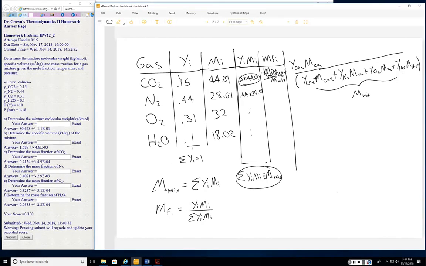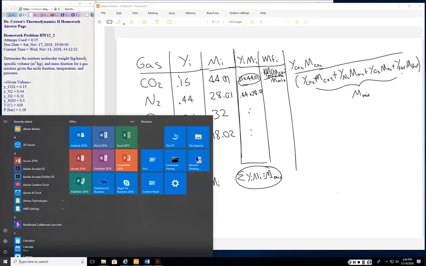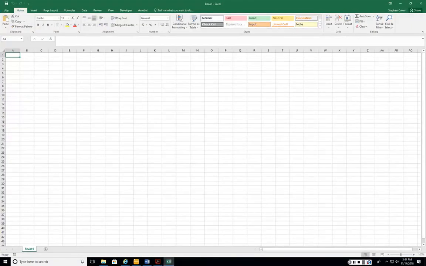And I'm going to make a column called gas, yi, capital Mi, do my yi Mi column, and then my mass fraction. And then my gases are CO2, N2, O2, H2O, and